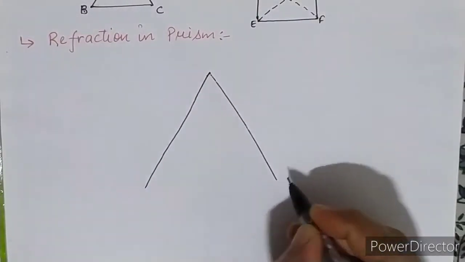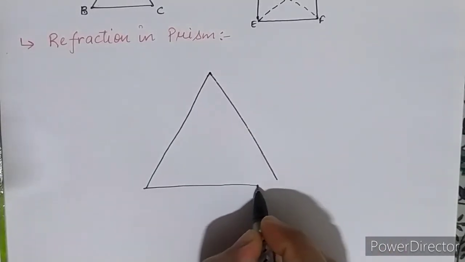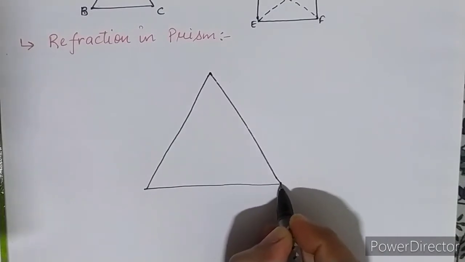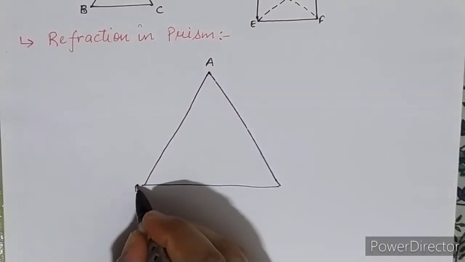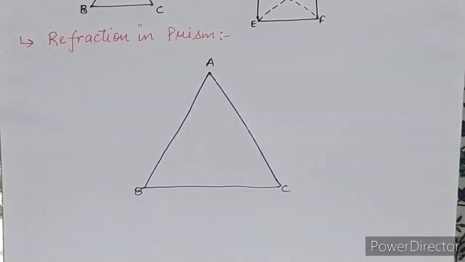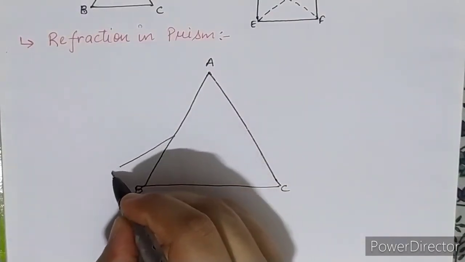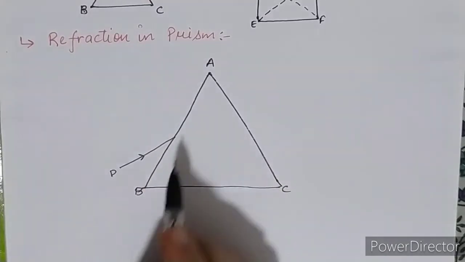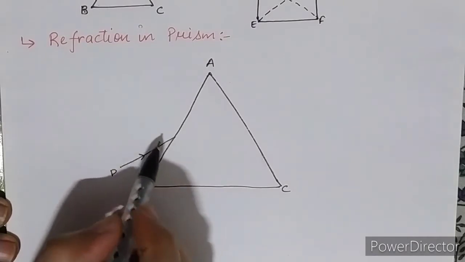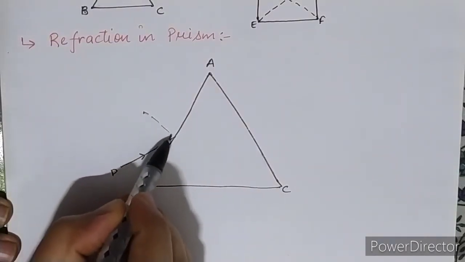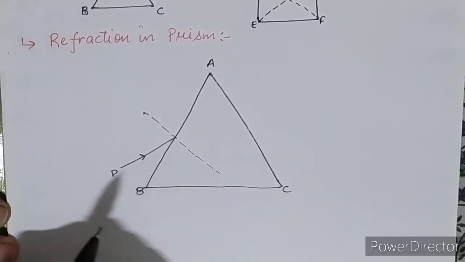Just make a bigger prism so you can easily show each and every ray diagram clearly, otherwise it will be mashed up. Okay, so this is your principal section, the front face A, B and C. Now suppose the light ray P is incident on the plane AB. As it is incident, I have to draw a normal line, beta, because it performs a refraction. So here I am drawing a normal ray.